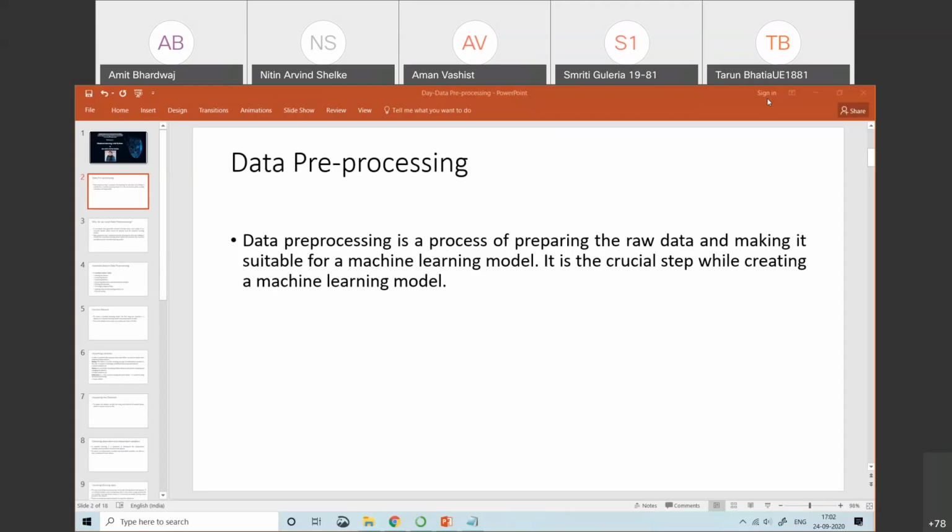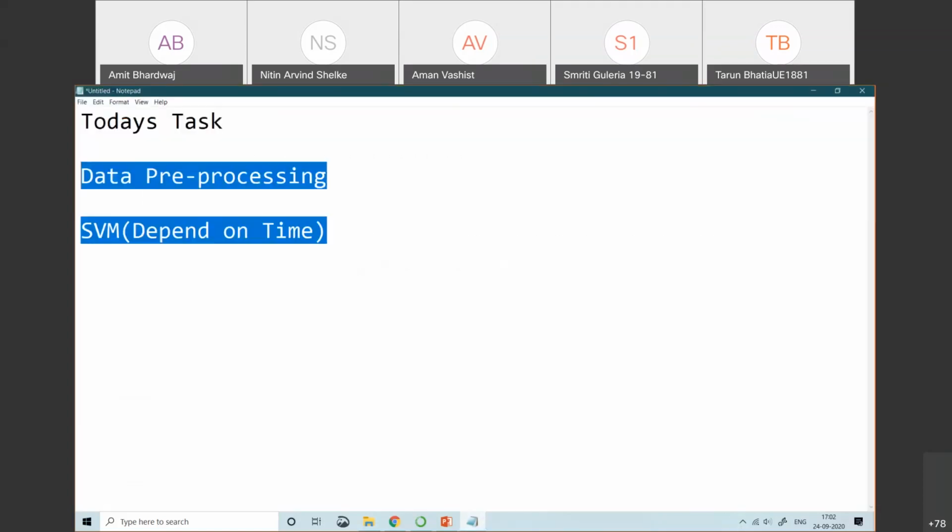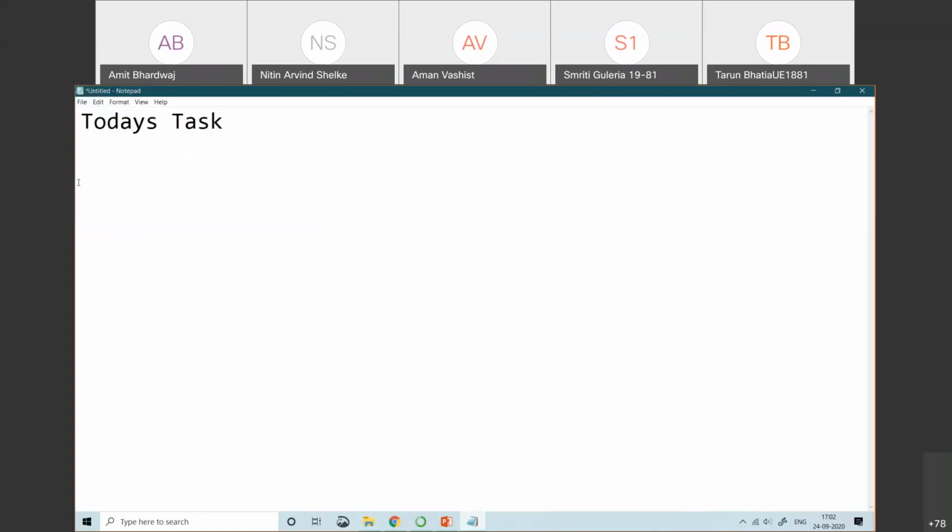Like the first step is what? That is the problem identification. Once again, quickly I will revise that. ML, the first part, that is problem identification, right? The second one that we have is data collection.